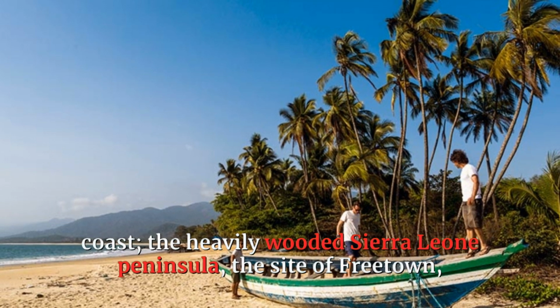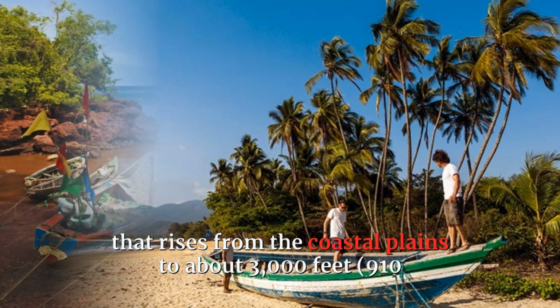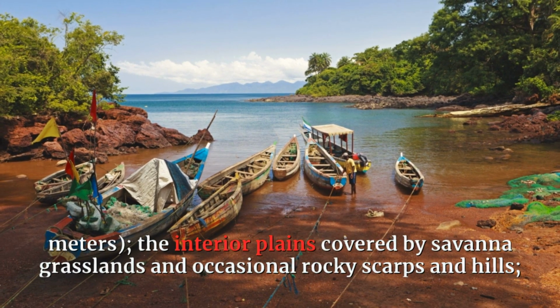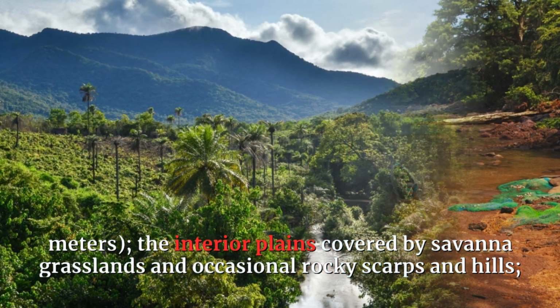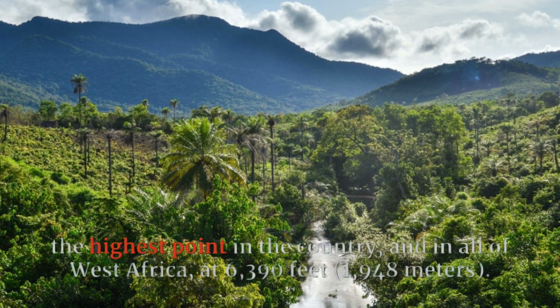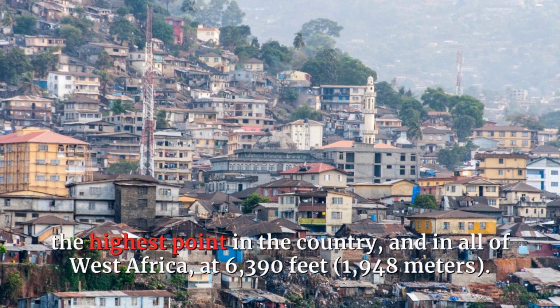the heavily wooded Sierra Leone Peninsula, the site of Freetown, that rises from the coastal plains to about 3,000 feet (910 meters), the interior plains covered by savanna grasslands and occasional rocky scarps and hills, and a high, mountainous region that includes Bintimani Peak, the highest point in the country and in all of West Africa, at 6,390